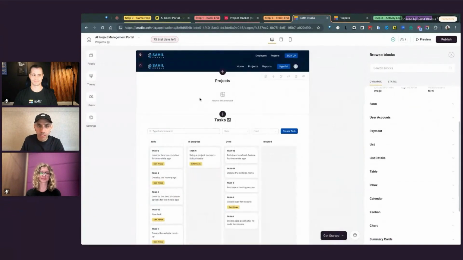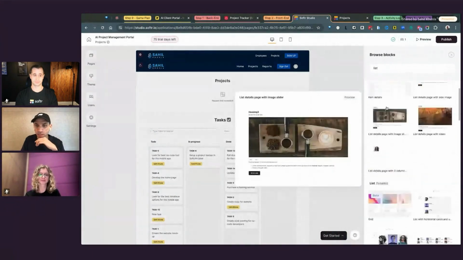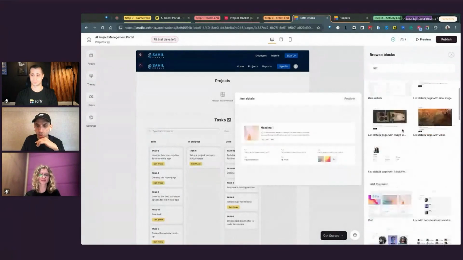So for example, here I want to, and then now they are in the client portal. This is the view that my client of yours is going to see to track how their projects are tracking, how the tasks are tracking, all that stuff, right? So you want to show them all the projects that are in the list and database. You're going to look, for example, you just filter by list,